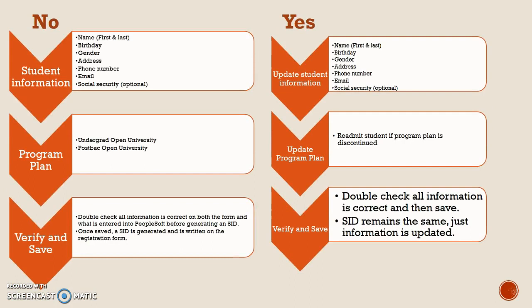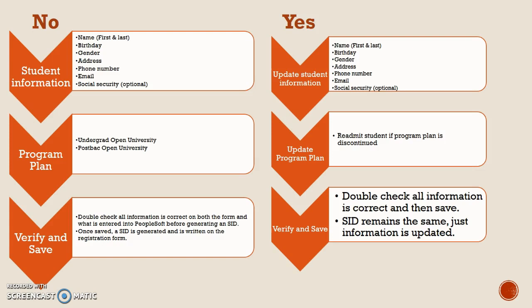As you can see, there's two different processes whether the student is in the system or is not in the system. If the student is not in the system, we must have the basic student information to help generate a student ID, which is name, birthday, gender, address, phone number, email, and Social Security is optional. Once we have that student's information, we must then create them a program plan based off their undergrad or postbac